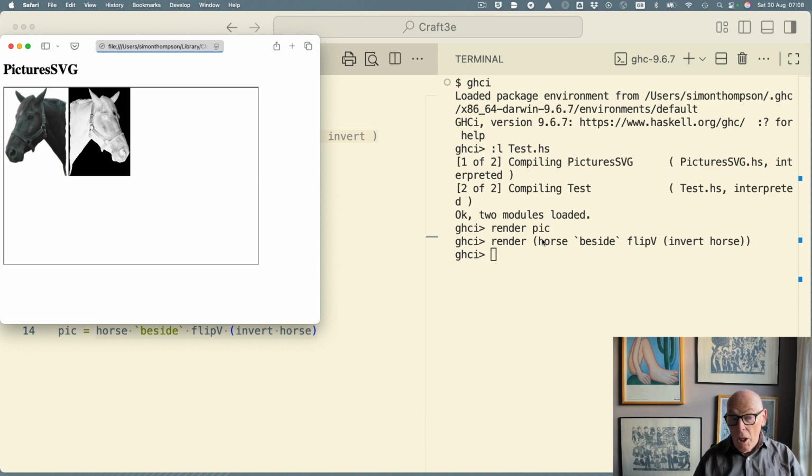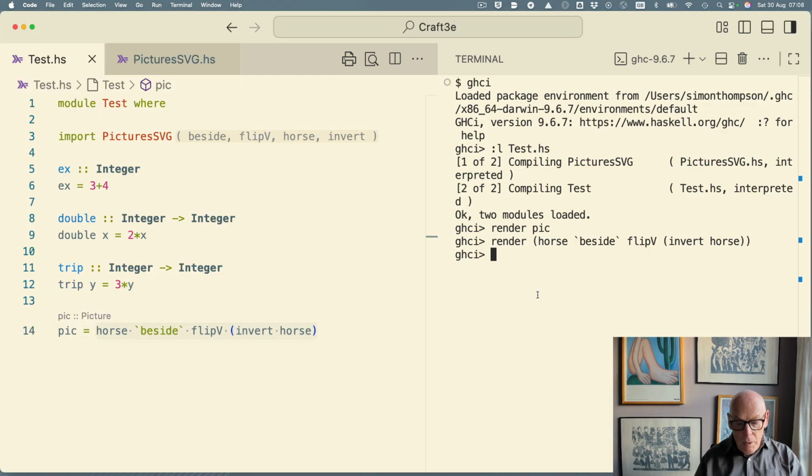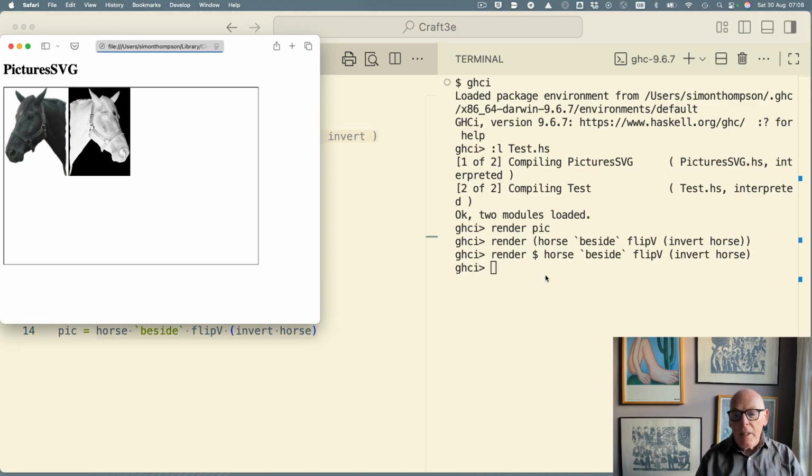What people use a lot in Haskell, and again I want to show this early, I don't always use it, but if you read other people's code, you will find this a lot, is that you can instead type this: render dollar, and then the expression on the right without brackets. And that has the same effect. So writing dollar here is the same as putting the parentheses around the